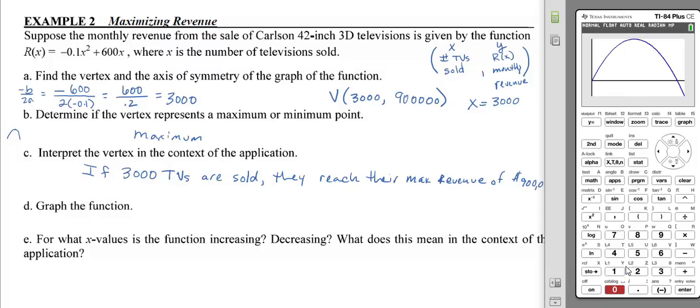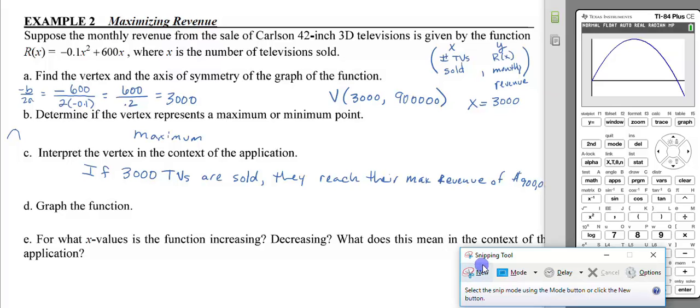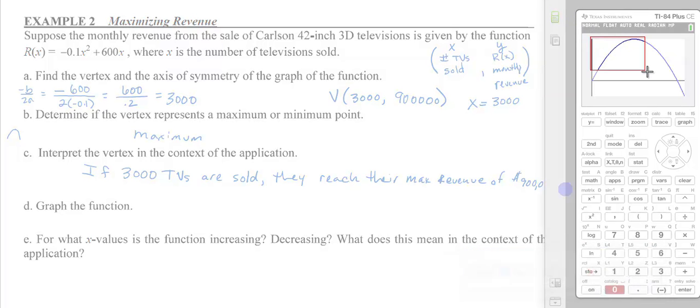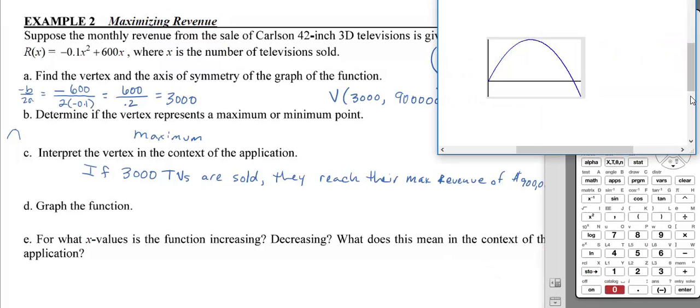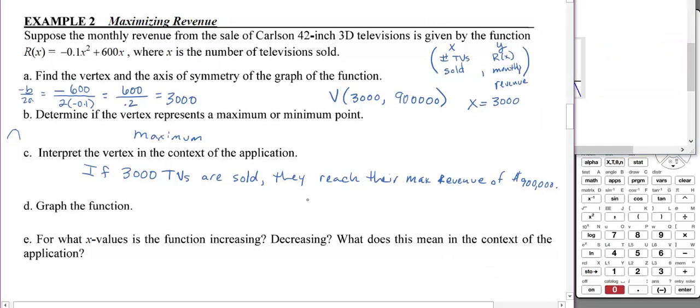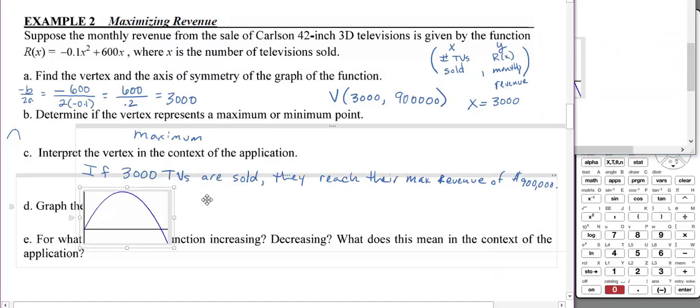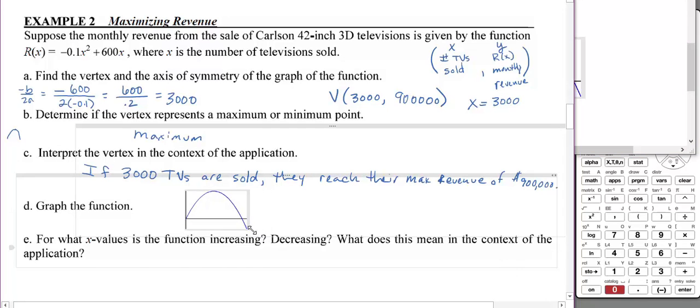It's a complete graph. You see the x-intercepts, you see the y-intercept, you see the turning point of the vertex. So for what x values is the function increasing? I'll put this graph in here for you. For what x values is the function increasing or decreasing, and what does it mean in the context of the